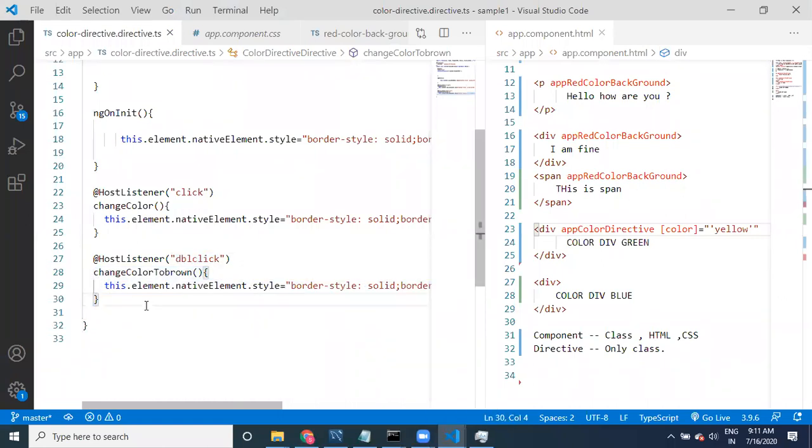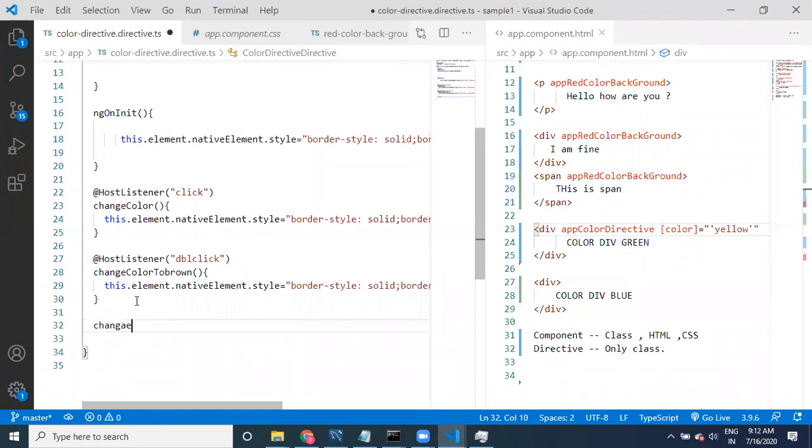The same way, when I mouse move, then it has to become yellow. I'm not going to click or double click, but I just mouse move on a particular element, then I want to execute some logic. So it has to become yellow.